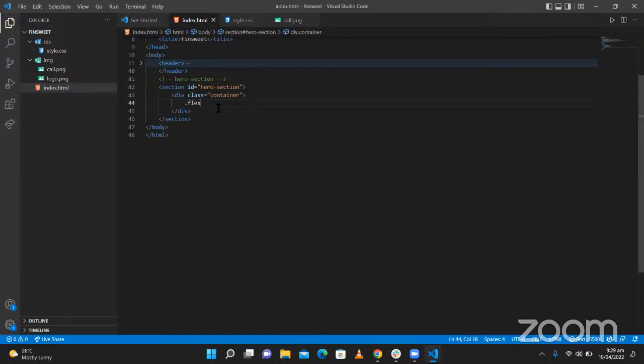So I'm going to create a flex class so that I'll be able to reuse it anytime I want. I'm going to call this class flex. Now inside this flex, I'm going to do the text section,